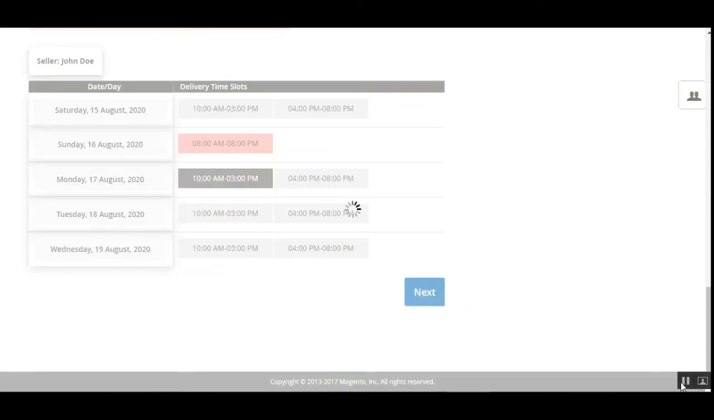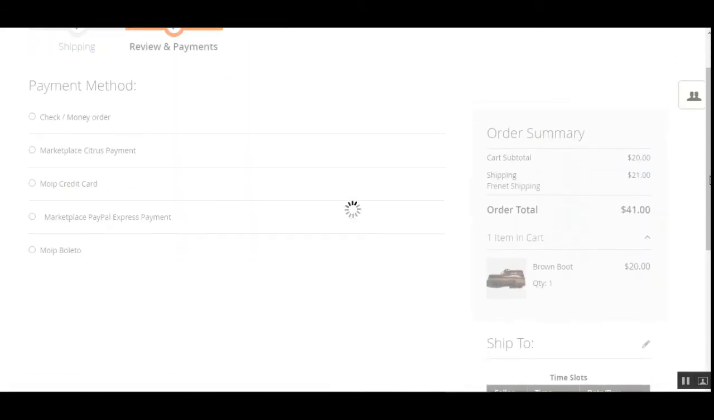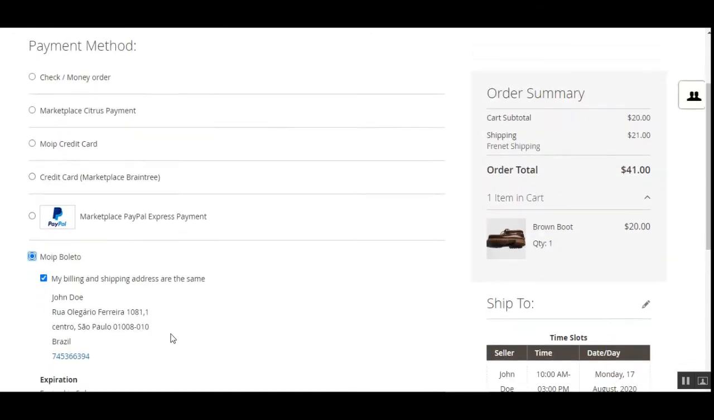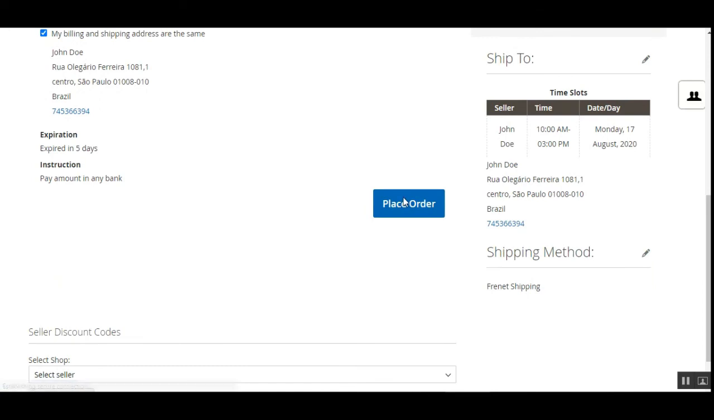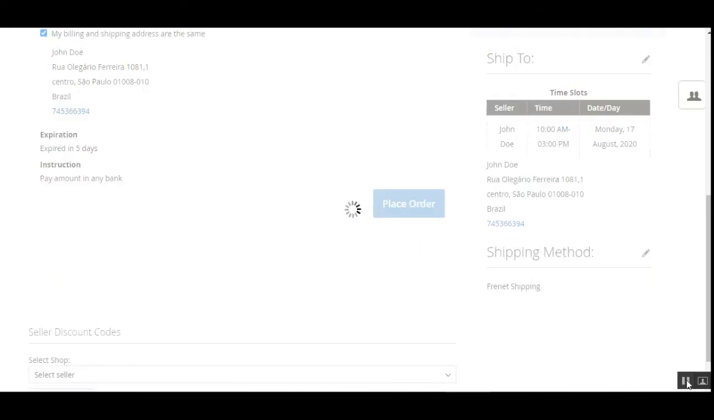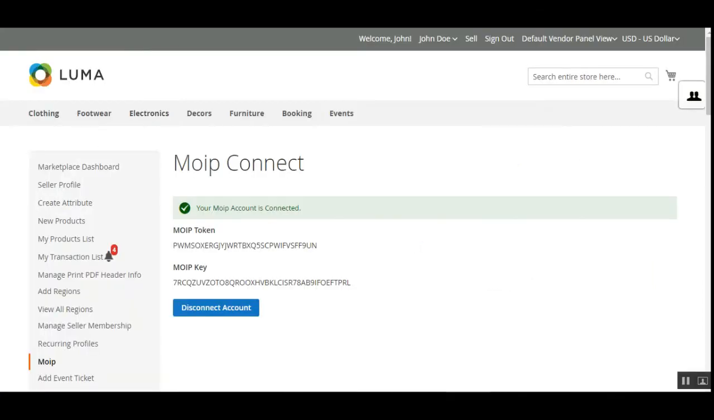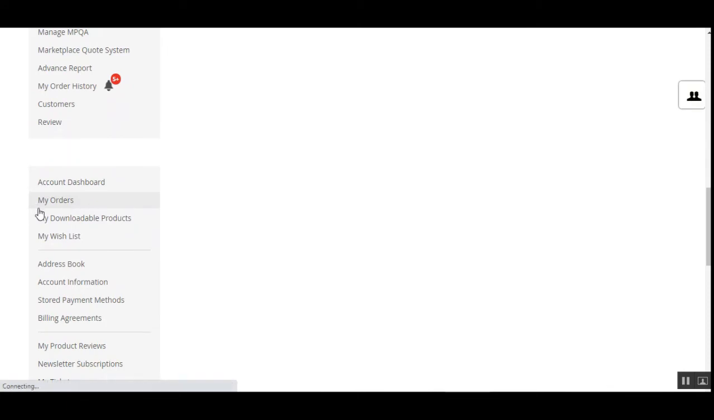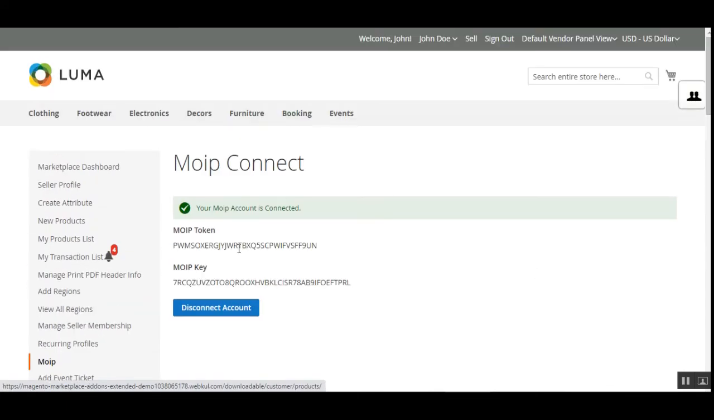Now tap next, and here at the payment selection page, I'll tap on the MOIP Boleto, and I'll be tapping on the place order button thereafter. And after that, the order gets placed, and then the customer can check the details of his orders under the my orders section once again. Coming back to that,